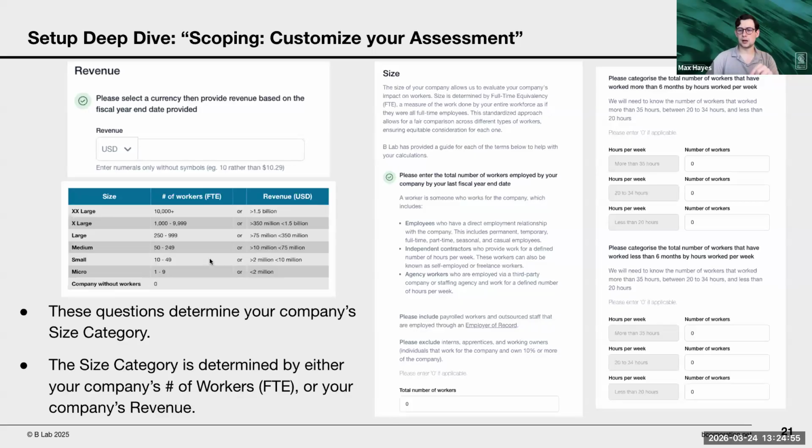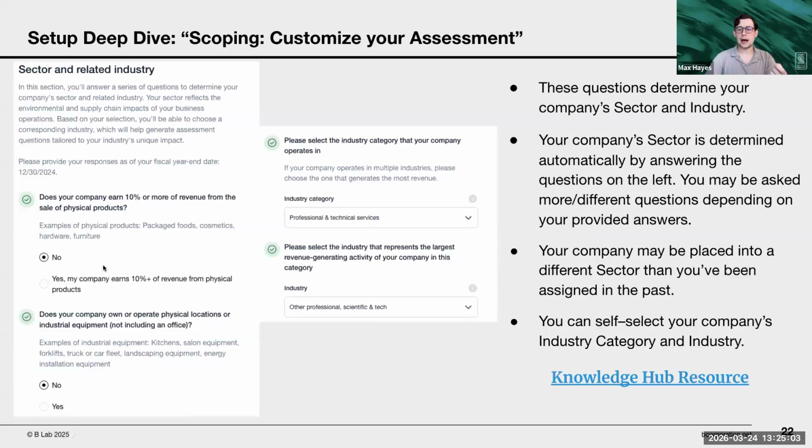The other way that we tailor a company's standards is based on the industry that they're operating in. So as you can see here, we are going to ask you very specific questions about how your company generates revenue so that we can better determine which sector best represents your business. So we'll be asking you things about, do you produce your own products or through like company-owned manufacturing plants, or is it outsourced to third parties? Do you have a physical footprint for your business, or are you just an office with computers? So again, making sure you answer this section accurately will be really important in ensuring that you see the standards